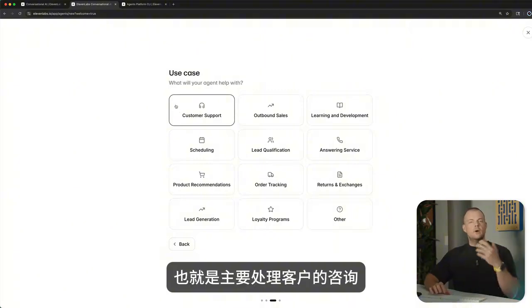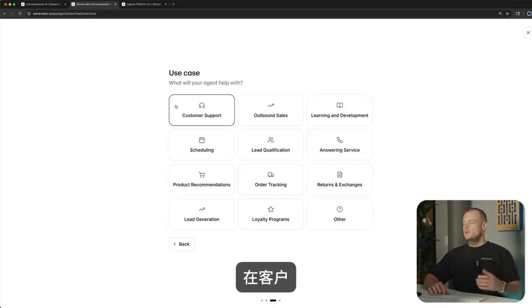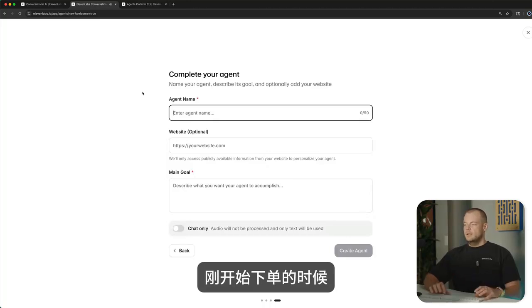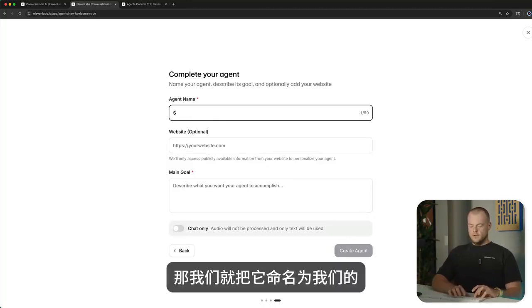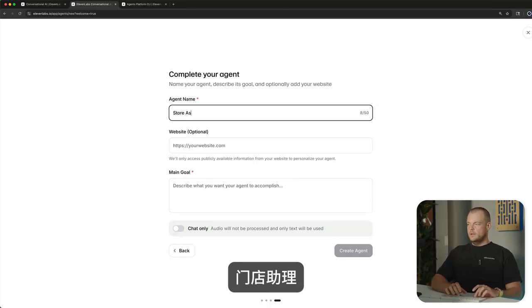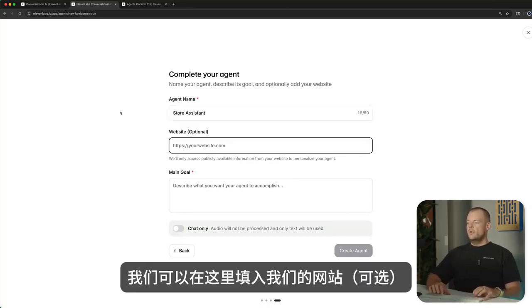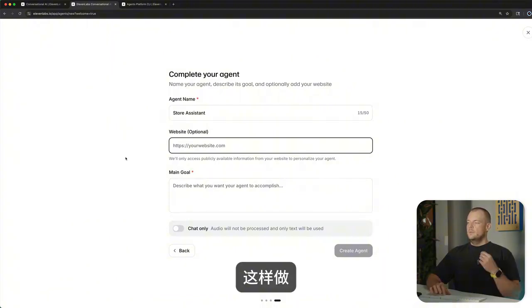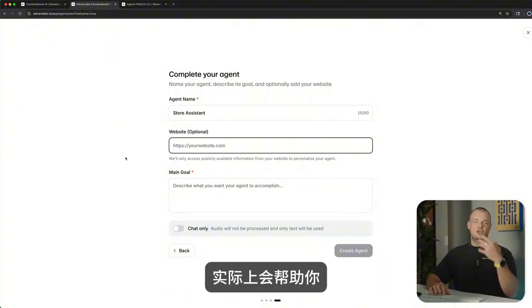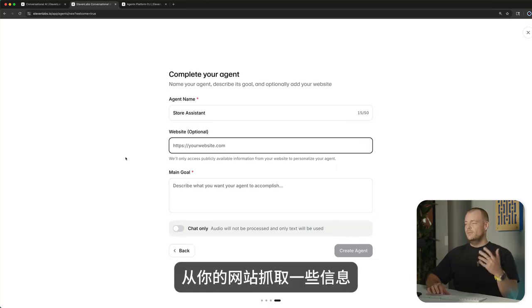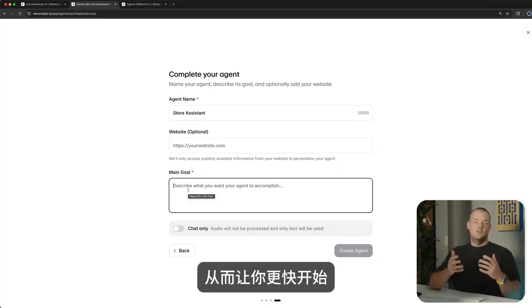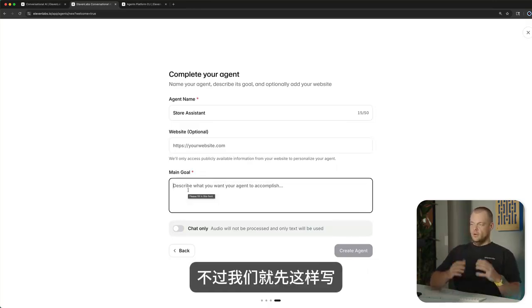So basically for inbound customer queries, but we could also actively use it for customers when they're starting with their order. So let's just go ahead and call this our store assistant. We can optionally put in our website here. What this will do is help you scrape information from your website and allow you to get started even faster. But let's just say